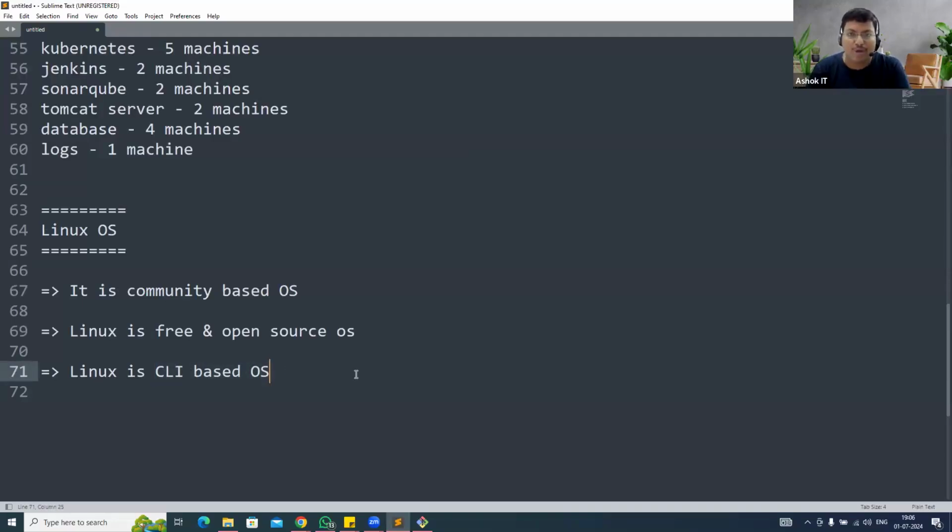Windows is a GUI based operating system, whereas Linux is a CLI based operating system. Linux is a community based operating system, it is free of cost and open source. And Linux is a multi-user based OS. That is, if there is one Linux machine, multiple users can connect with the single Linux machine at a time